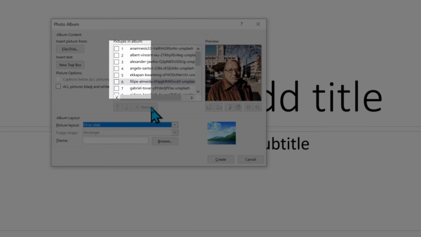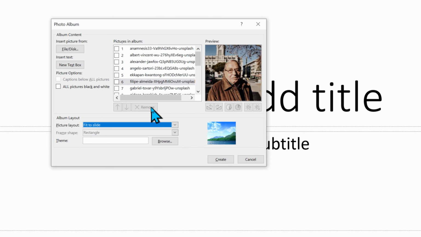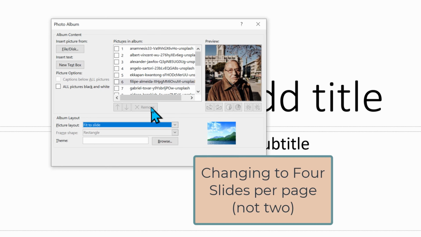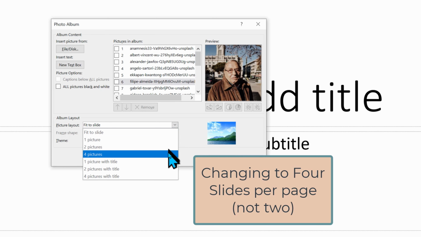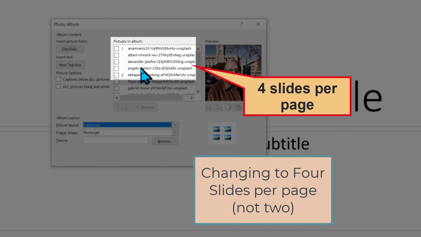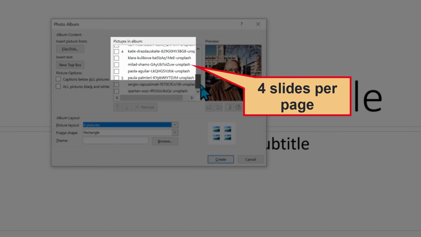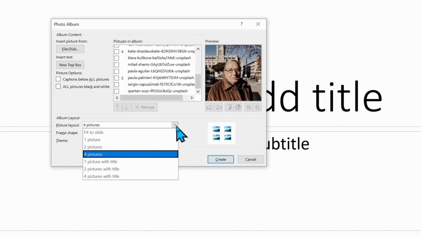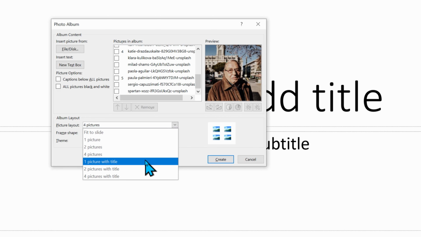Now, focus on the numbers. These are not in reference to the photos, but the slide page number. Watch how I change the layout to 2 slides per page, and when done, we now see the numbers assigned to 2 photos. So the numbers are referencing the slide page number, not the image. Let's go back to 1 image per slide.